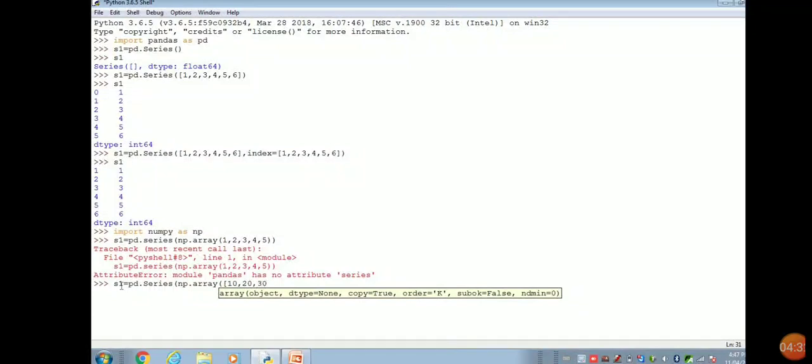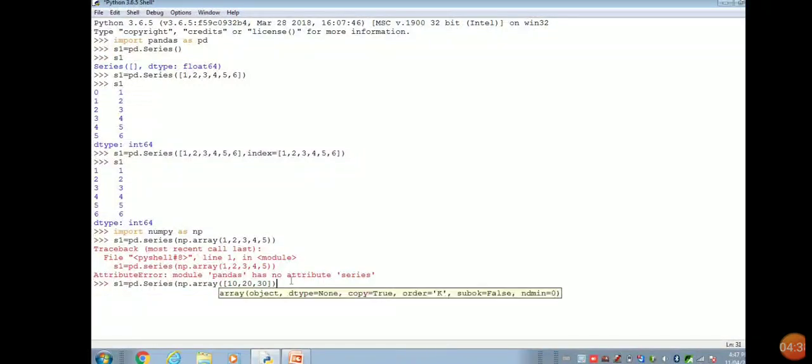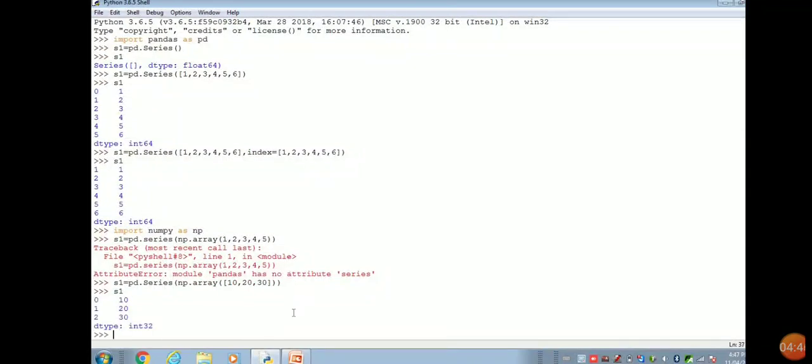Now I am giving the next elements, that is 10, 20 and 30. So now it will create one series with the elements 10, 20 and 30, and the indices are 0, 1 and 2. The data type here is int32.